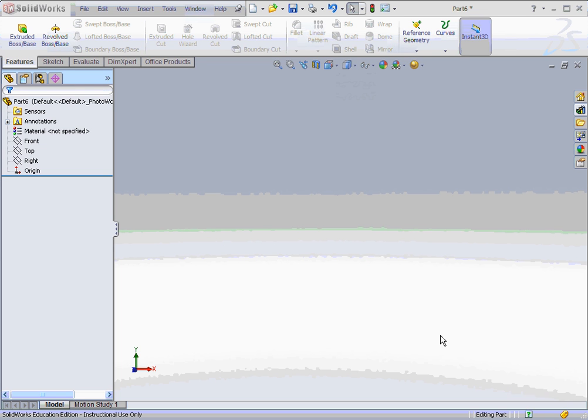Helical swept features. Helical swept features can be used to create springs and threads. They can also be used as cuts. With the right geometry and definition, you can create very fancy